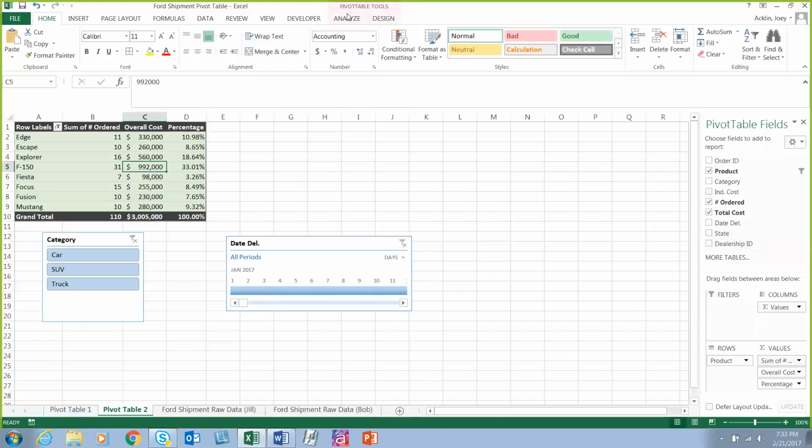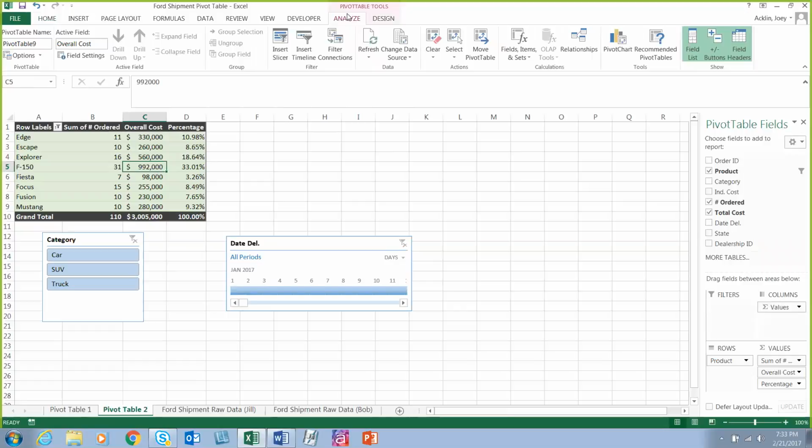Now going back to the Analyze ribbon, you went over a lot of these other options already. I know the collapse and expand field, we did display a little bit earlier. If there's more drop-downs or more options in the rows, you can show that here and actually expand and collapse those options. Grouping and ungrouping, this may be beneficial based on what kind of data you're trying to show,